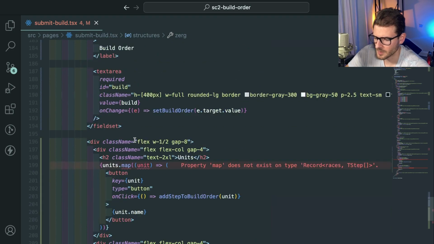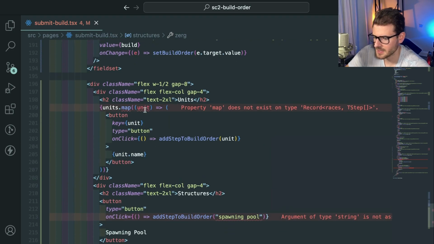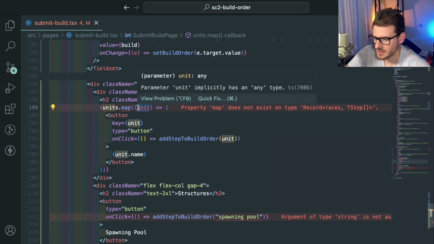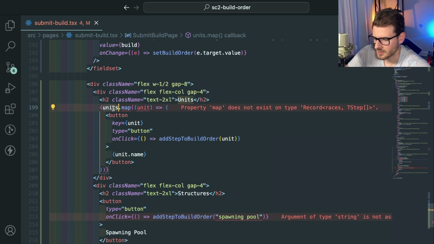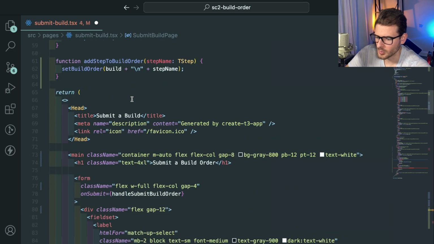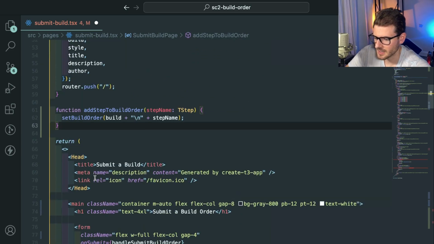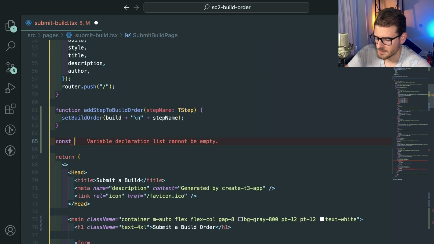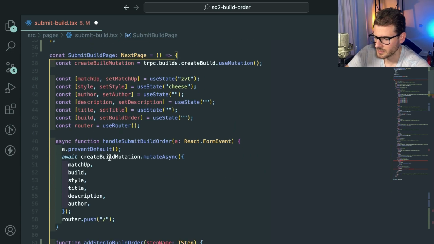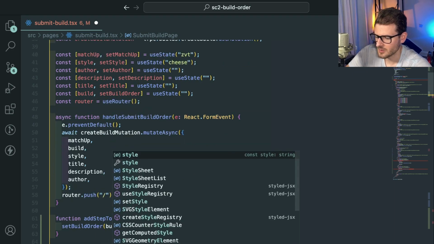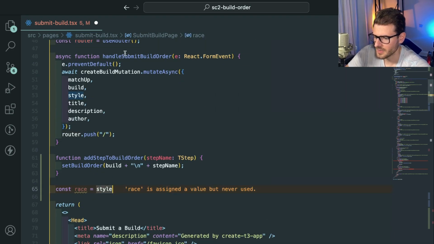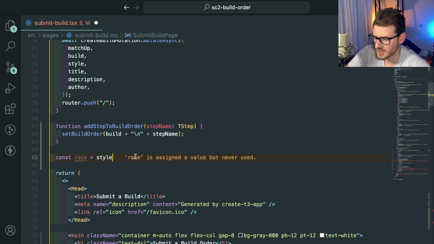Let's go down to where we're using these things. The reason I did all that typing is so that we can actually get errors when we do something wrong. So this unit would be units of, now we have to know what build order we selected. So we're going to go ahead and say const race is equal to style. And I think for style, it's like ZV something. So I could say style